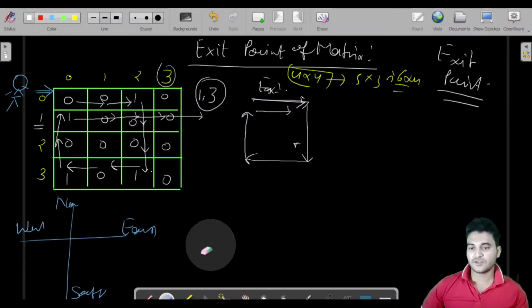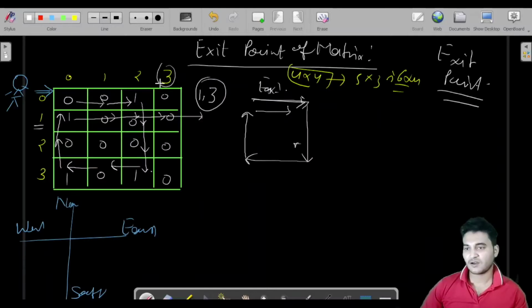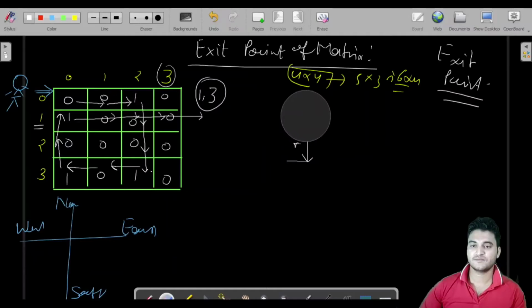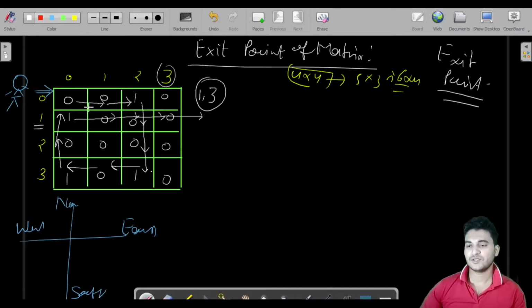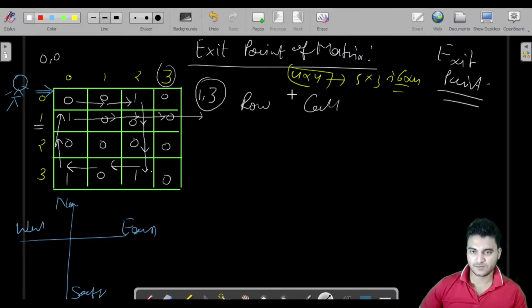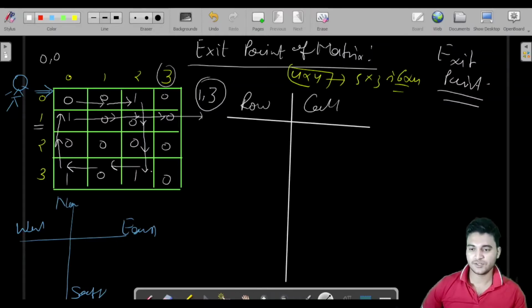So if you are done with your thinking, then let us see my solution, how we are going to approach this particular problem. Let us say we are going in this direction. Then what we have to do is simply convert the problem statement I just explained into code. Fine. So if we are in a 0 block, let us say I have started from 0 0, row is this and column is this. I am again in 0 0 initially, and I'm going in this direction.